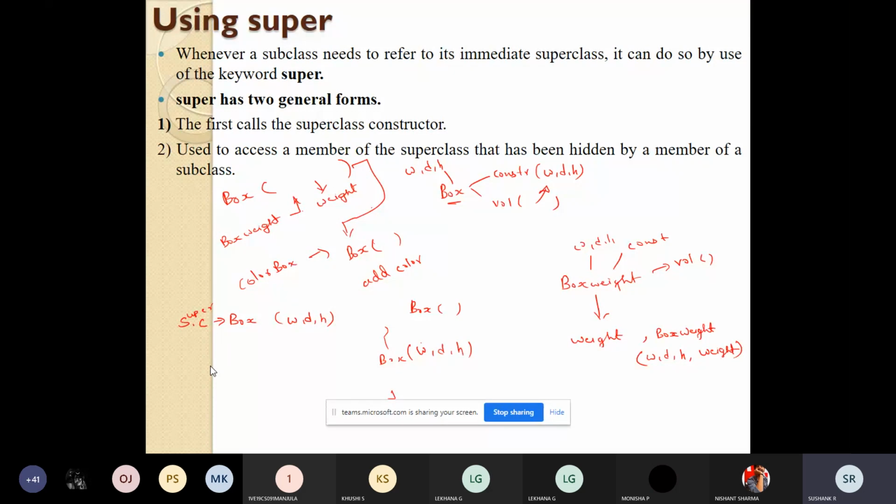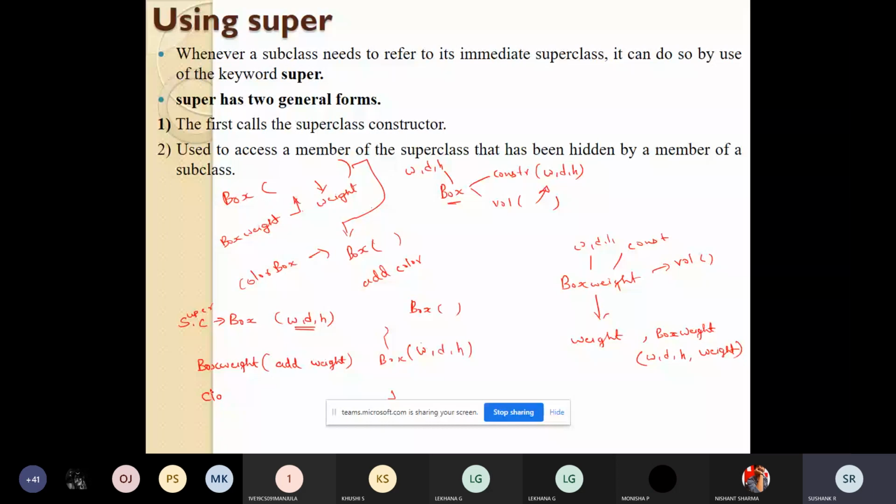For example, I can create a subclass called box weight, or weight box. For this, I can use all the parameters of the box class, and I can add a variable called weight to perform some computations.